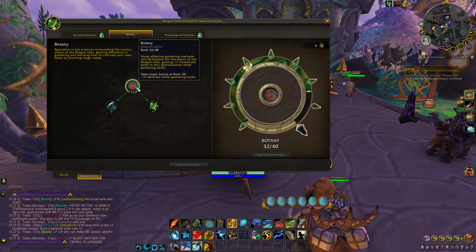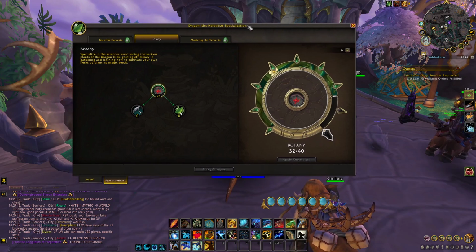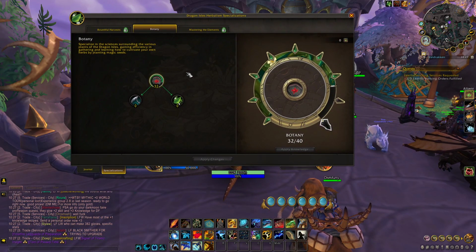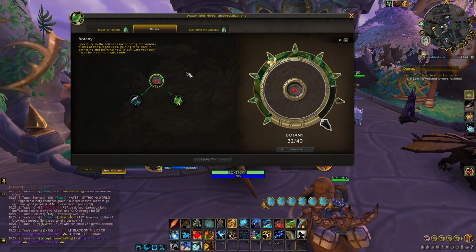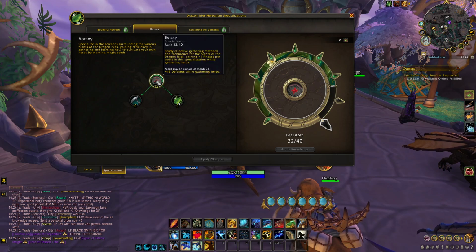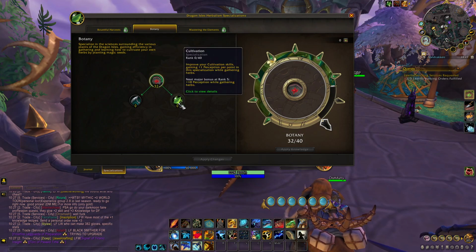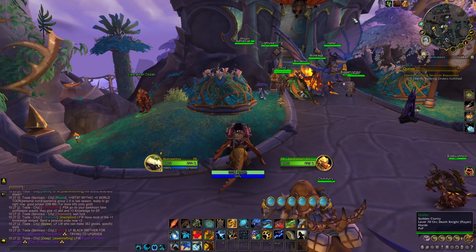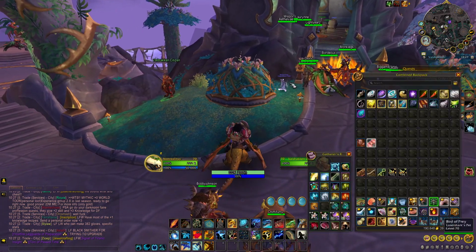Once you hit 40 you'll be able to do herb grinding while mounting. This will increase your herb grinds by a frick ton because you won't have to get off, kill the mob that's attacking you to be able to remount. So you'll be able to get that, and then once you get that you're going to want to get cultivation of 40. Doing it this way you basically get the most amount of rare procs and everything,